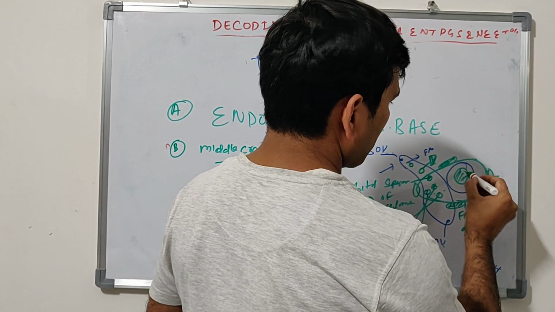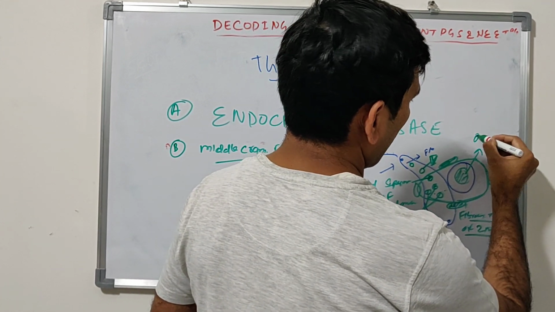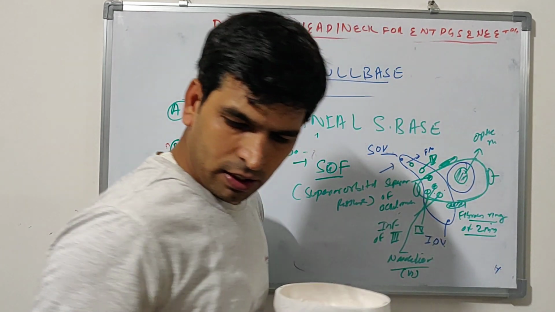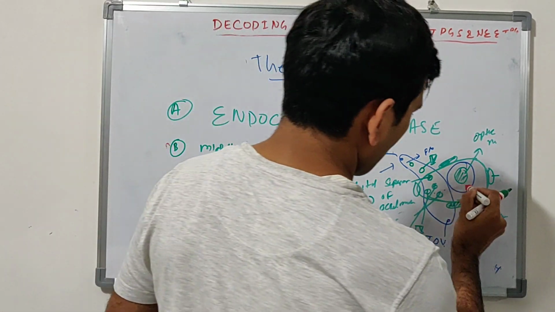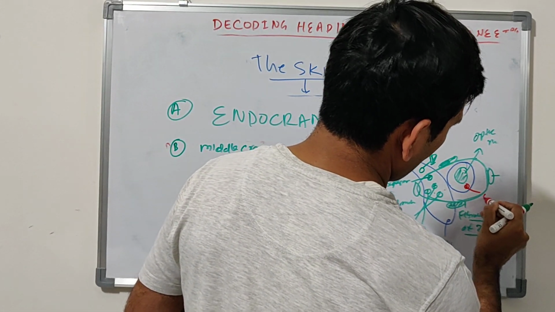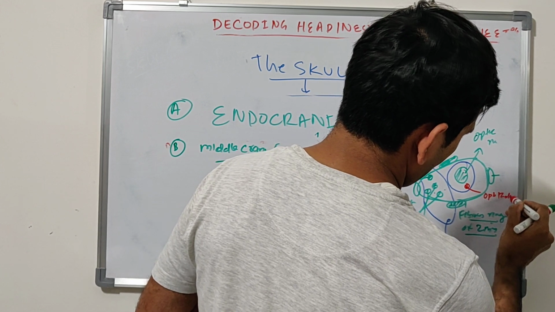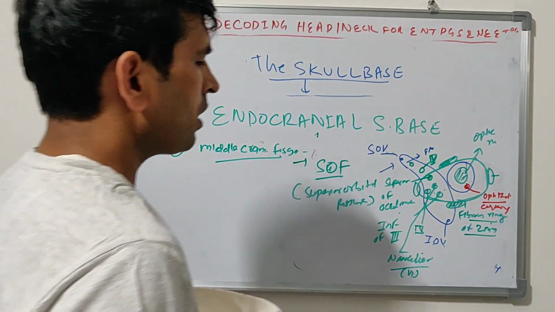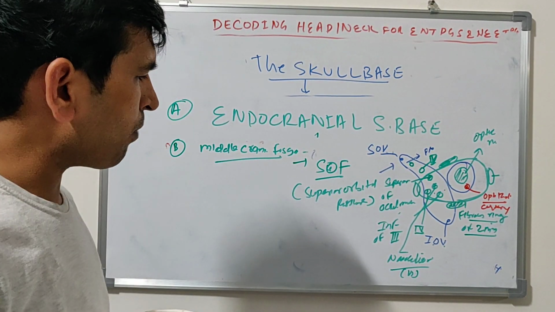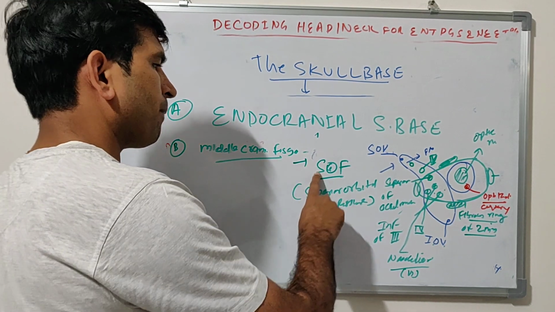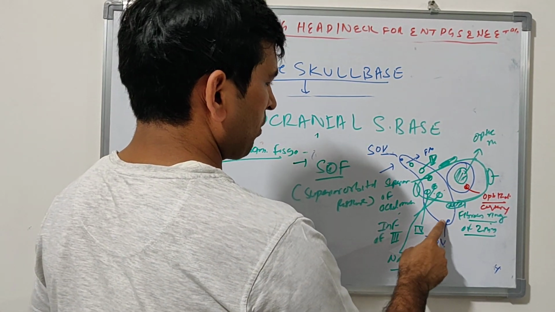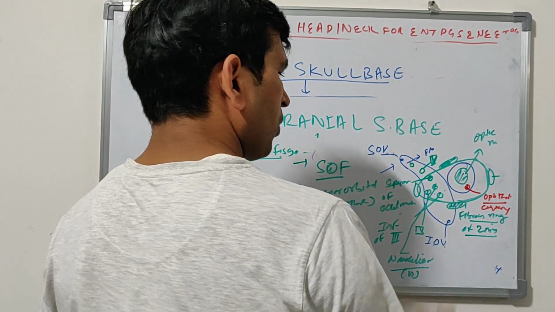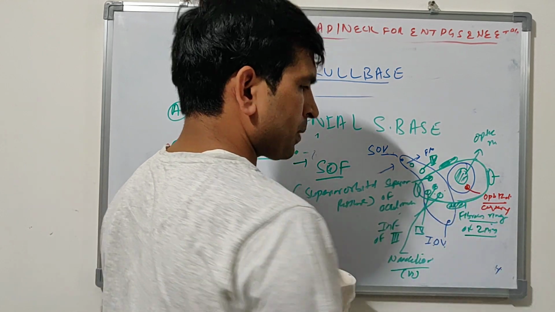This is the optic canal, and in the optic canal this is the optic nerve, and inferolaterally you will find the ophthalmic artery. This is an end artery to the retina. Okay. So the structures passing through the superior orbital fissure are the superior ophthalmic vein, inferior ophthalmic vein, third nerve, fourth nerve, sixth nerve. Okay, and the recurrent branch of the ophthalmic artery.